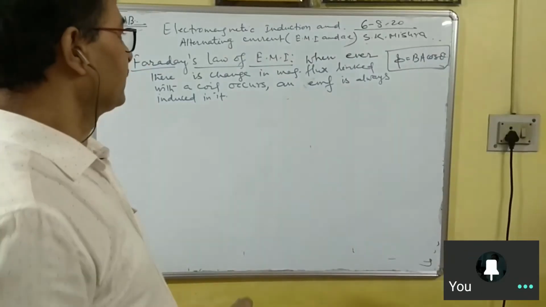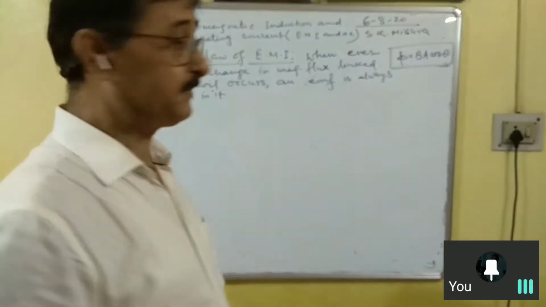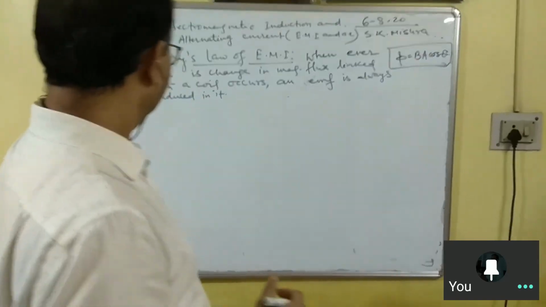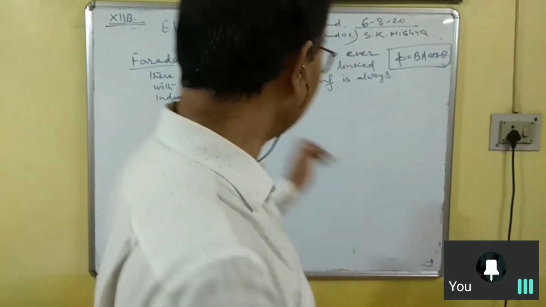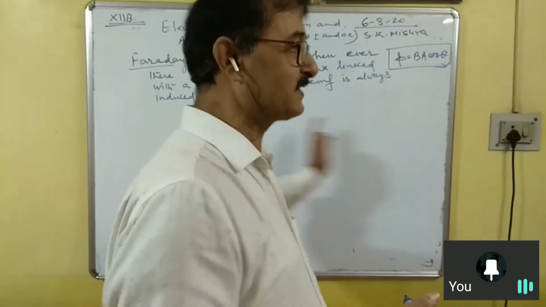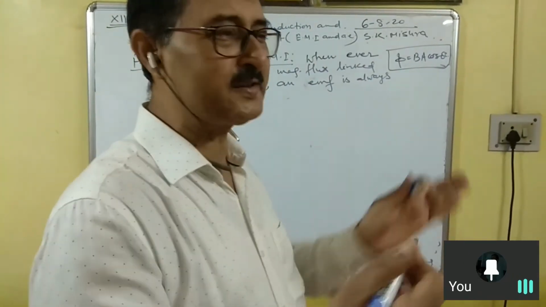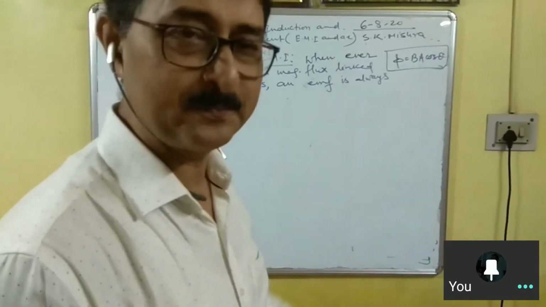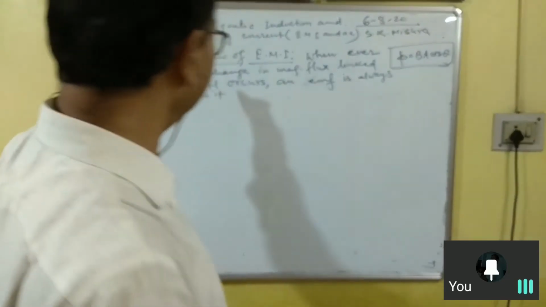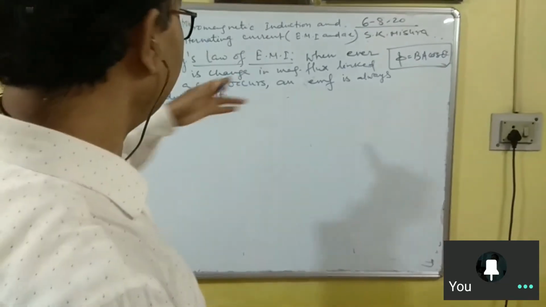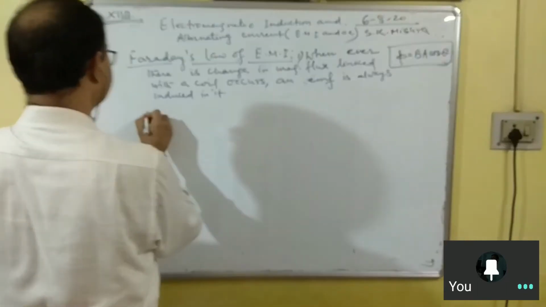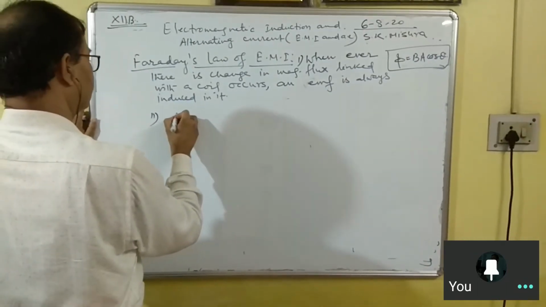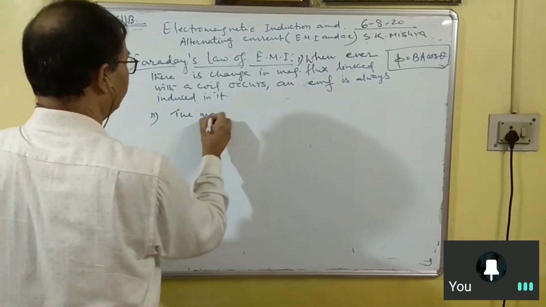Now, why induced EMF? Because you are not bringing the magnet in touch with the coil. The magnet is lying at some distance, and only the separation between the coil and magnet is changing, and so this EMF is induced in the coil. So an EMF is always induced in it. This is the first part. The second part is the magnitude of induced EMF,